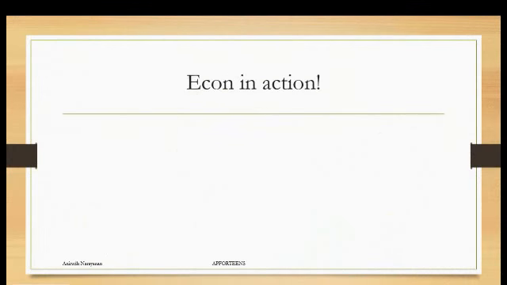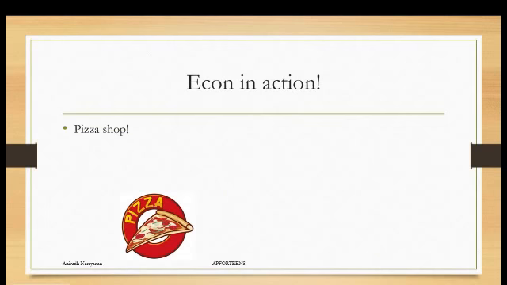Now, before we go, I'd like to give a quick example just to clarify all of the different things that we've been discussing so far. So we're going to talk about a pizza shop. All right, now you guys are really excited. Money and pizza, 2 of humans' favorite things. So let's bring up the 4 different types of inputters: land, labor, capital, and entrepreneurship, and discuss how each one is in a pizza shop.